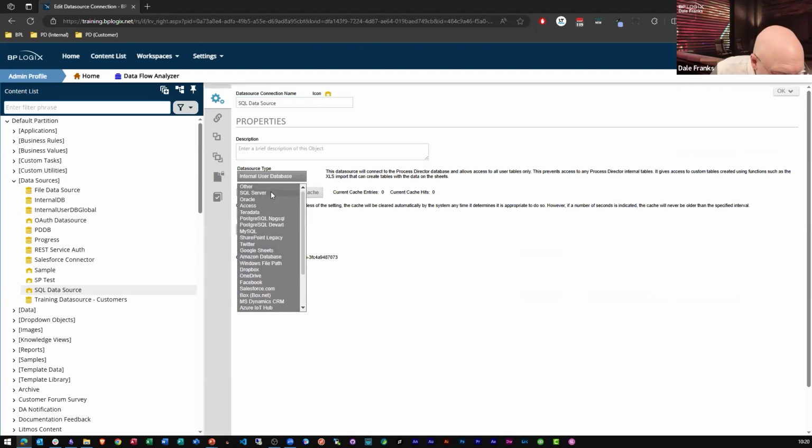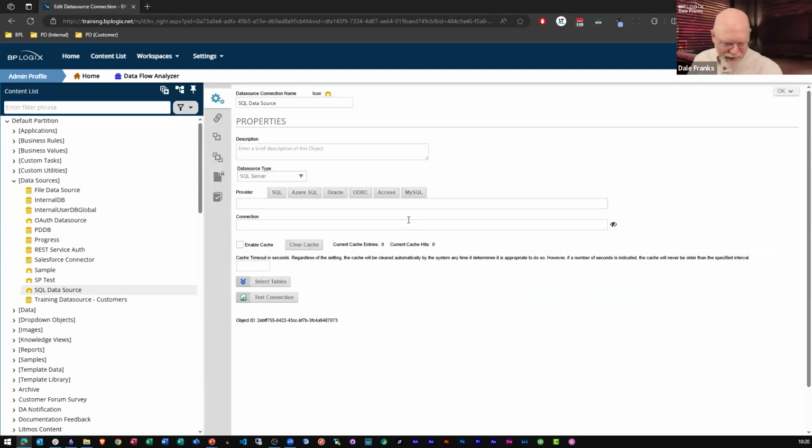I'm looking for SQL Server. There it is. Boy, it's hard having that screen 4 feet away from me and trying to read it. So I would have a SQL data source, and it's called SQL data source. And this SQL data source should exist on both my production and staging slash development server, or all three, not both. Three is not both.